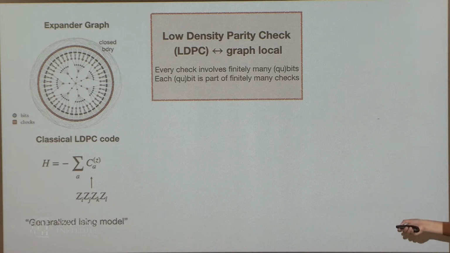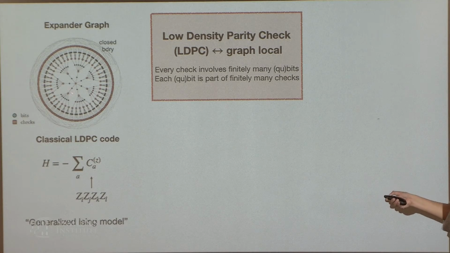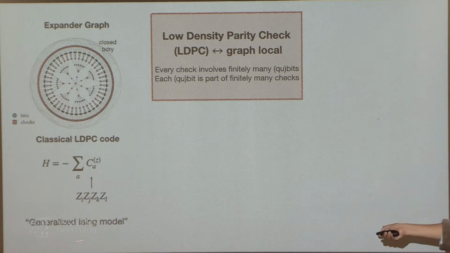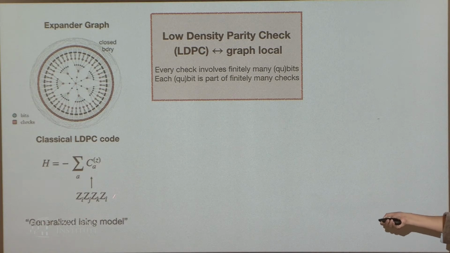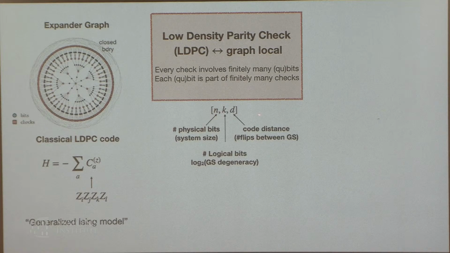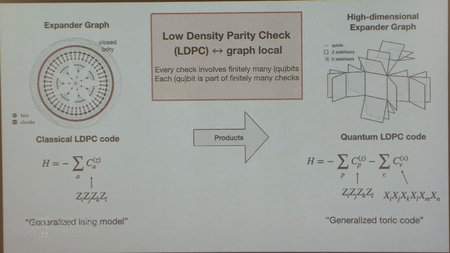So you can have generalized classical models where, for instance, you put bits on all your edges, and you have some small codes that live on the vertices that act on the bits that surround it. So you can think of these as generalized Ising models composed of a bunch of such checks. Here I just made them 4-body checks for fun, but as long as they're finite, that's all that matters. Okay, N, K, and D: number of physical bits, number of logical bits, the code distance.